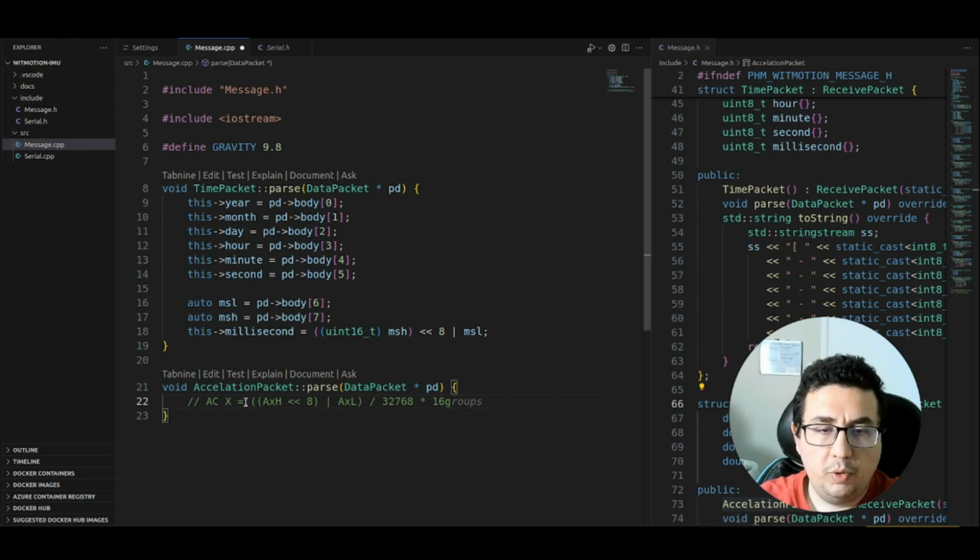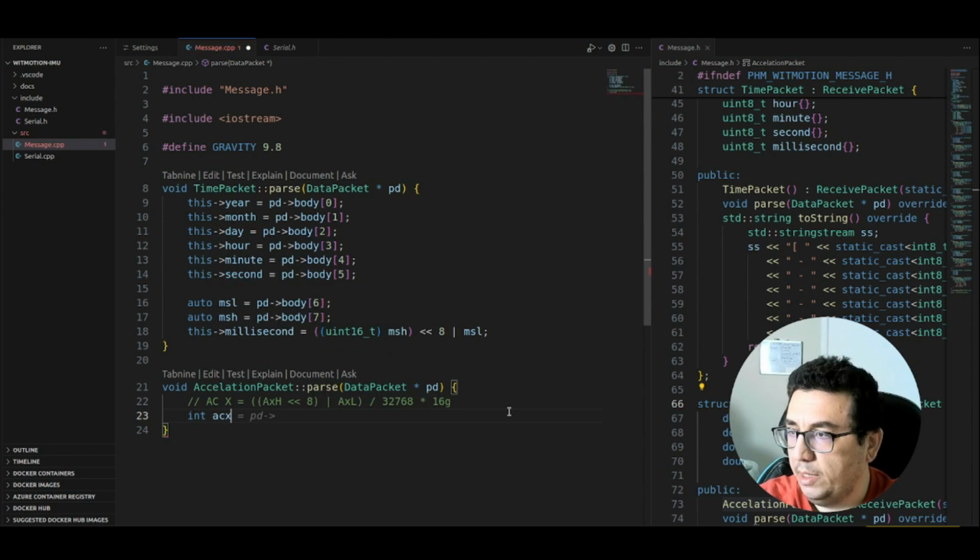Yeah, so what we do, we create the 16-digit integer, divide it by 32.768, and then we multiply the result of this by 16g, and the g is the gravity that we actually mentioned here. So this is the formula for decoding this part. So for example, for AC,